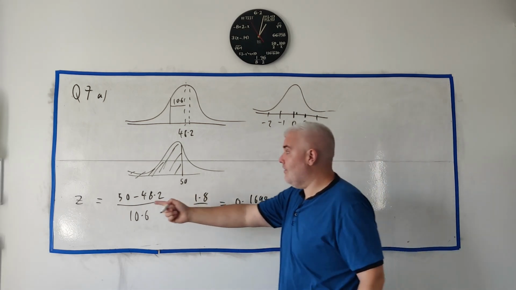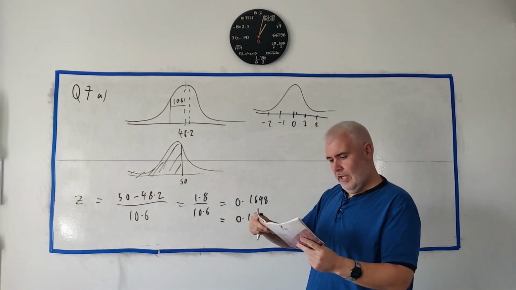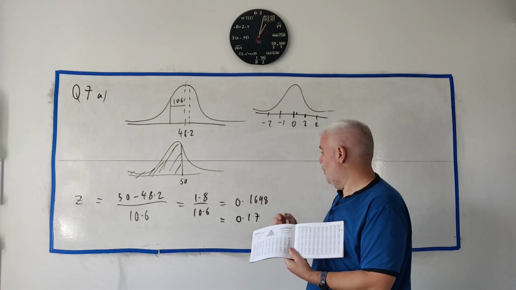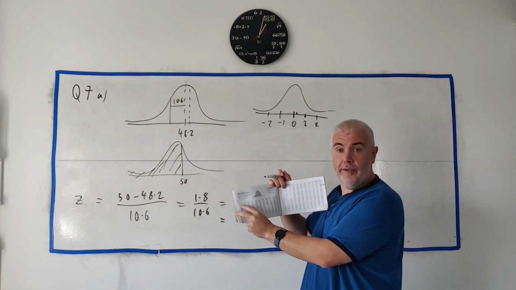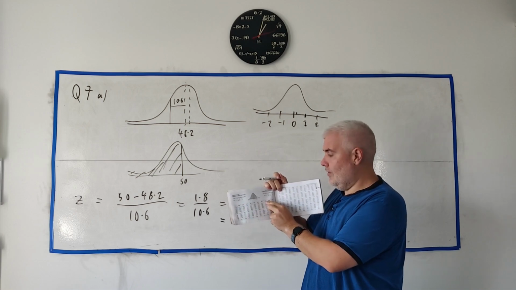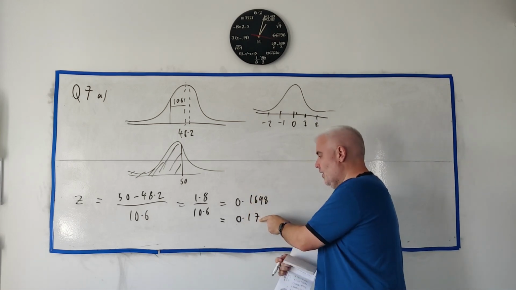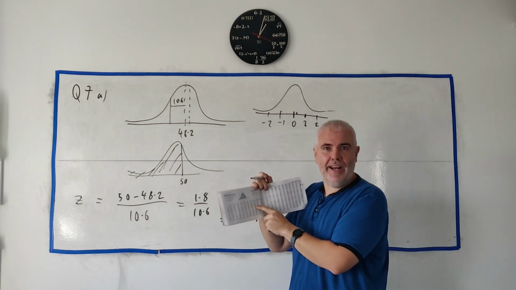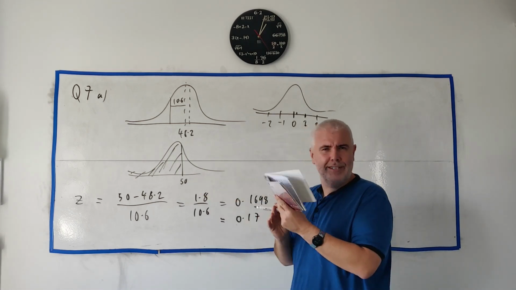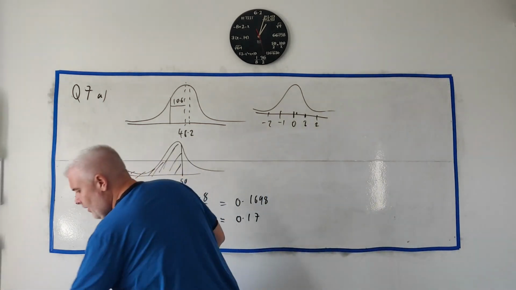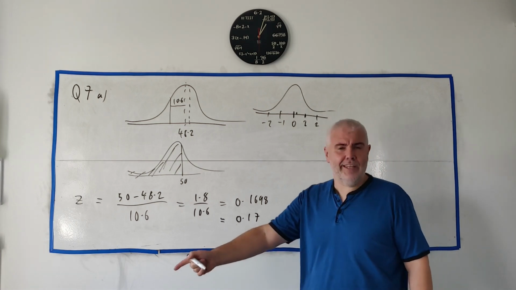And if you have your Z, you can just look up in your tables here. Am I on the right page? Yeah, in your tables here, you can just look up the number 0.17. You do that, you go down by 0.1, you find here, you go across this 0.07, add that on, so it's 0.1 plus 0.07. Well, you say don't add it on, the number it gives you here is the work done. You can do this without the tables. If you have a fancy calculator, you can do it, or if you're really good at maths, there's a formula given in the book